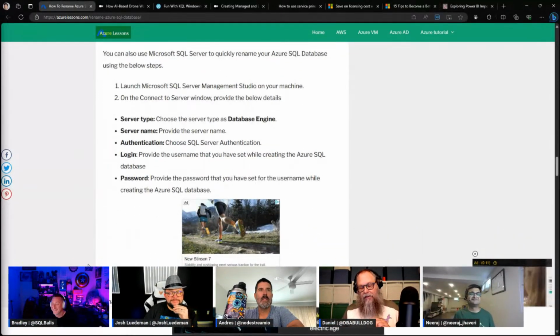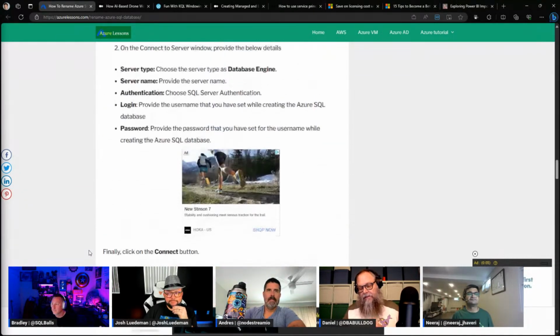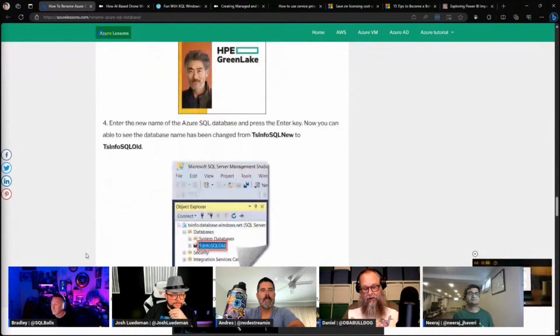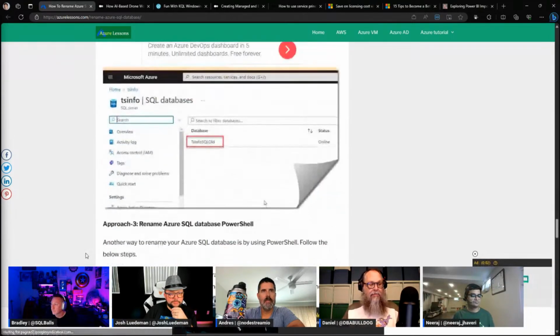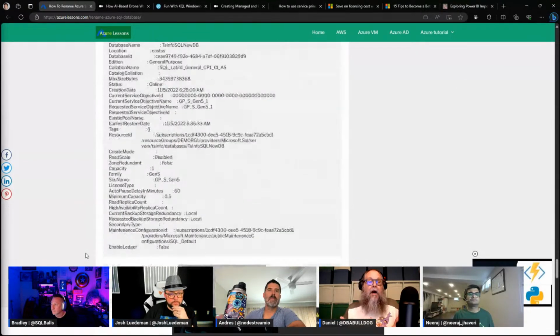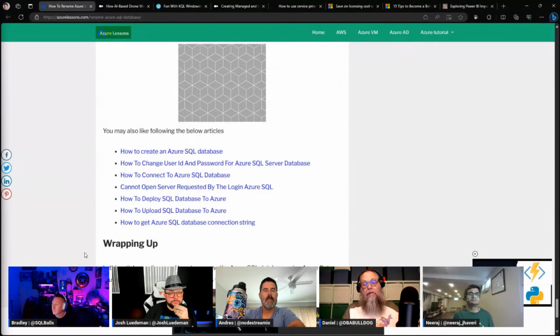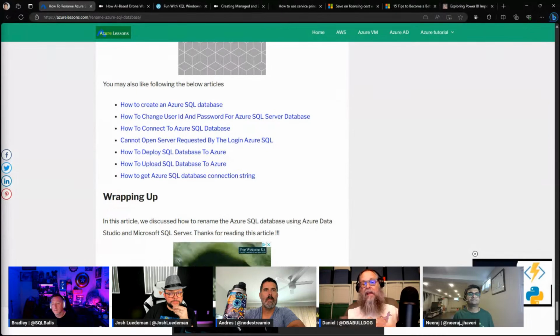It was a great article. You can rename your Azure SQL DB through SSMS. You could do it through Azure Data Studio with T-SQL. You could do it through PowerShell as well. And the reason why this came up was because when you restore an Azure SQL DB, if you've got one of that existing name, we can't do what we normally do as a DBA. We can't do a replace. We have to restore it as a different name and then do some shuffling around so we can get back to that state we want to. So it was a great article.